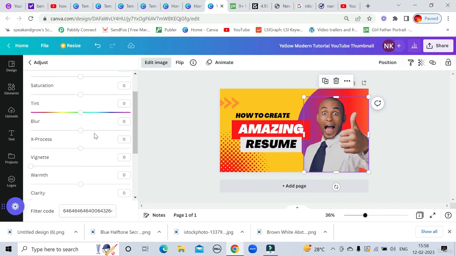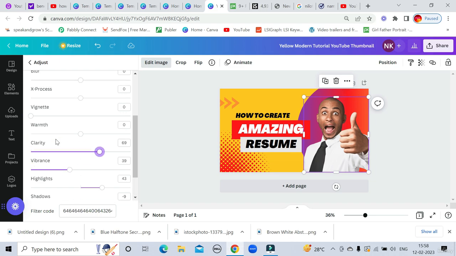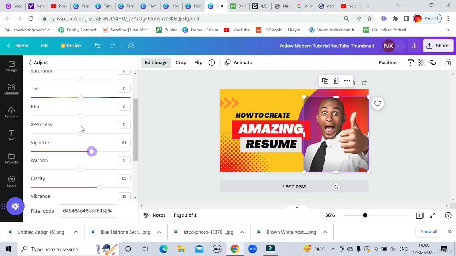See all. So just come down and just fade. Okay, in this way. Shadow, if you want to put highlight, if you want to highlight these things, and vibrance, you can do clarity and vignette. In this way you can see the difference here. Okay, X process